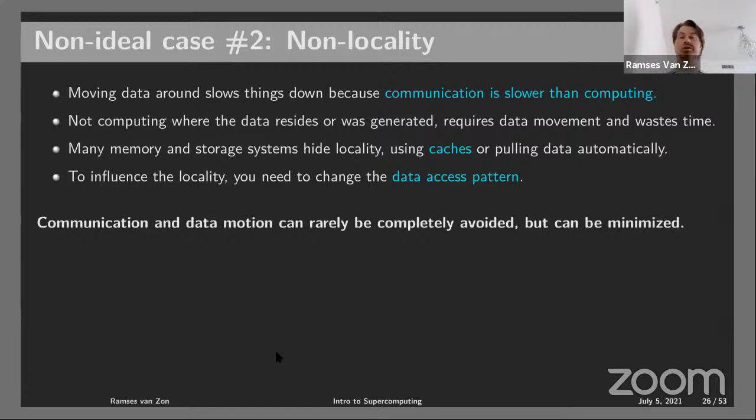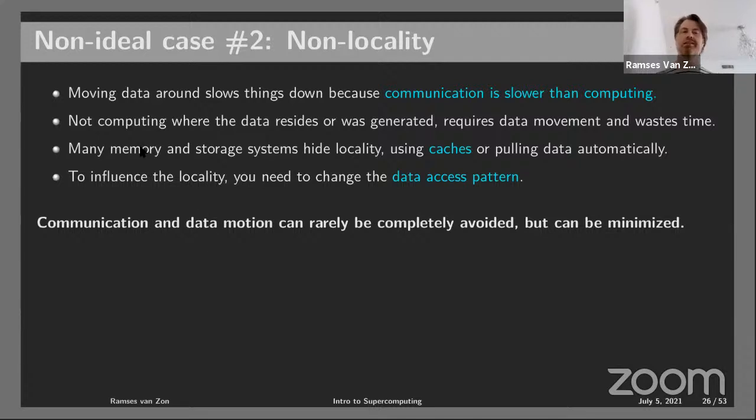And I already said the network is pretty fast, but it's still one of the slowest elements of your system. So computing on the node itself, on the things that are in memory, is way faster than first sending the data over the network to a next node that then does the computation. So you want to compute basically where the data reside as much as possible. It's not always possible, but you want to minimize the data transfer in your computation when you think of it in a distributed way, because that takes more time.